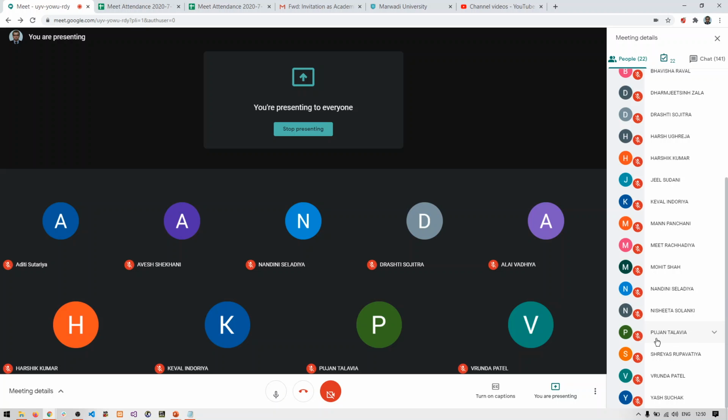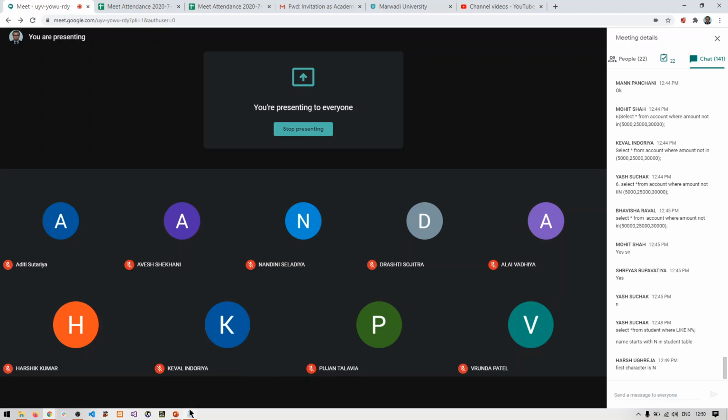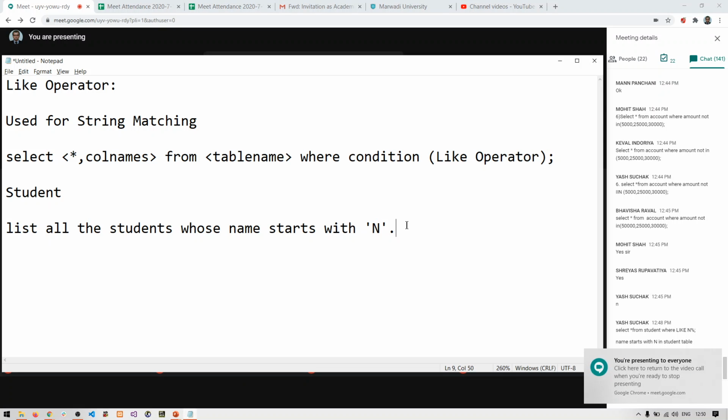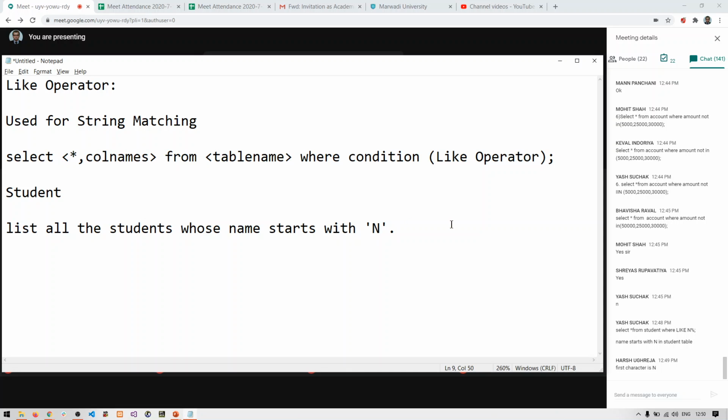If I say Pujan, Pujan has N as the fifth character, not the first, so we are not going to consider Pujan, right? So this is the meaning: N should be the first character, and it can have as many characters after N, because a name is never of one character, right?